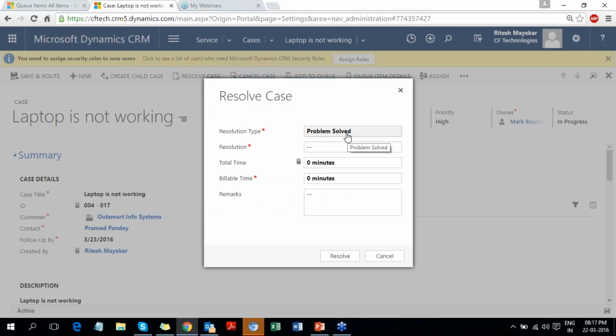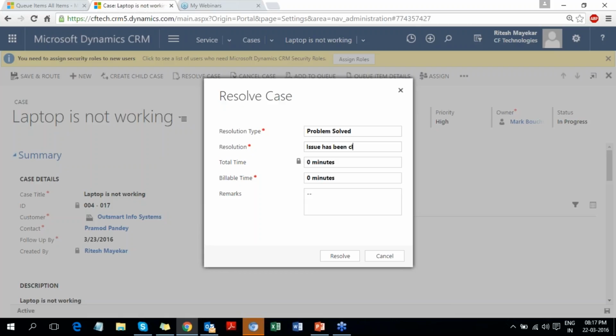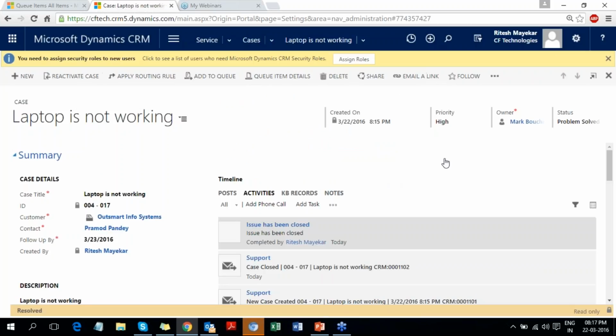Resolve case, and problem solved. This will be the resolution type as we have mentioned in our SLA. And resolution is issue has been closed, and the total time is 0 minutes because I'm going to close this right now, so available time is 0 minutes. The issue has been resolved, and after saving you can see the status is problem solved